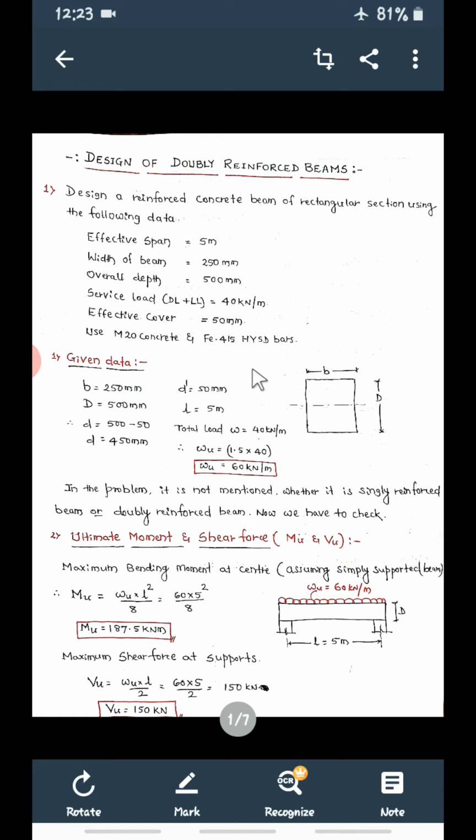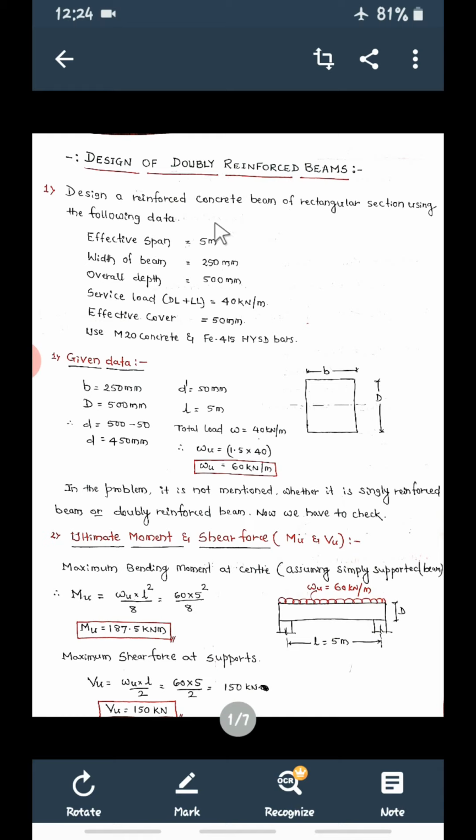After your second internal assessment, now we're going to move on to the next design. Before the internal assessment, we completed the design of a singly reinforced beam. So let us consider another element, that is the doubly reinforced beam. In the analysis, we have seen the difference between singly reinforced and doubly reinforced beams. Let us concentrate on how this doubly reinforced beam design will be done.